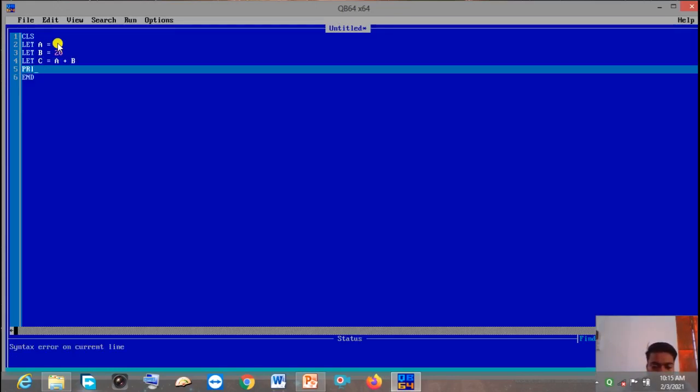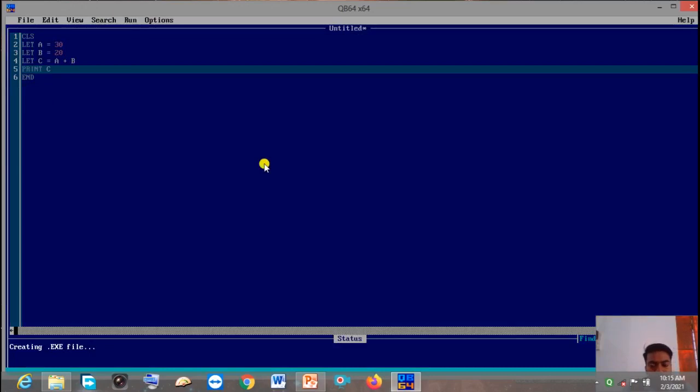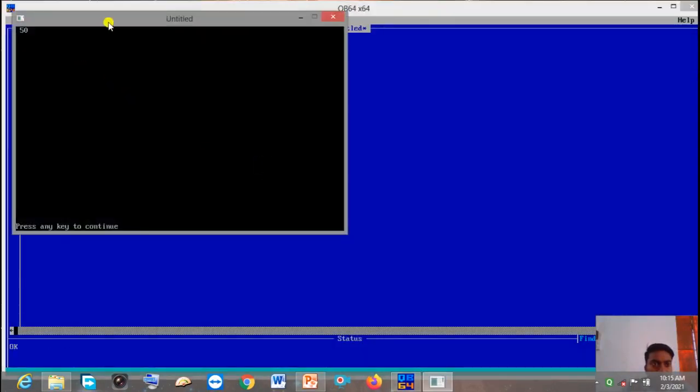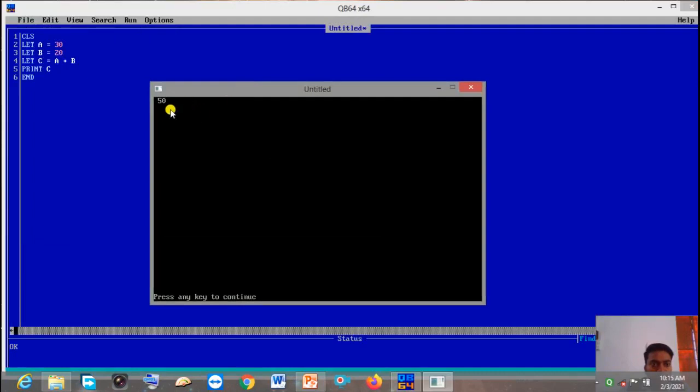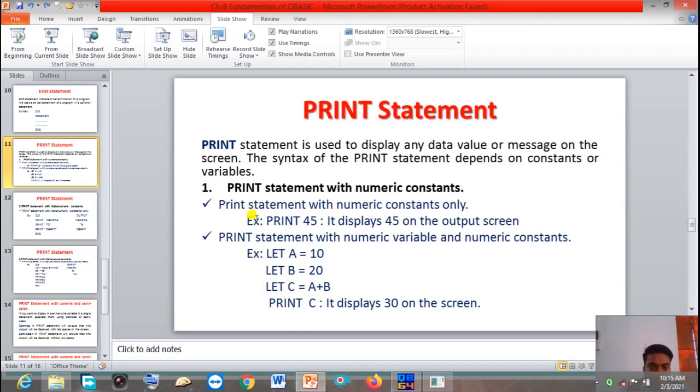Now print statement with variable c. Now let me run it and you see the result. Here you can see the result 50, 30 plus 20, 50. Okay. Understood this one?